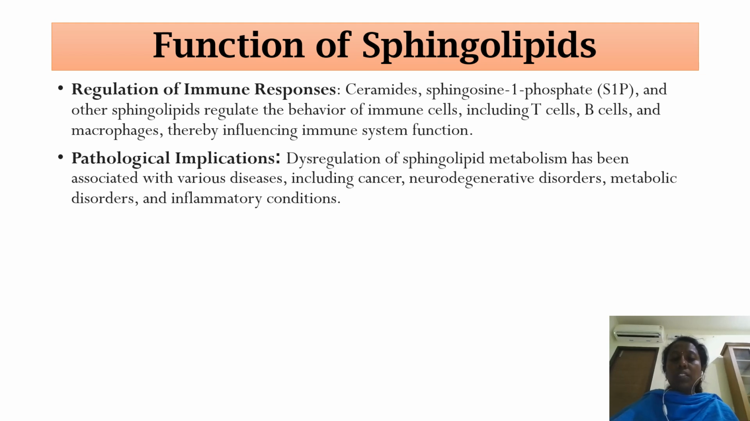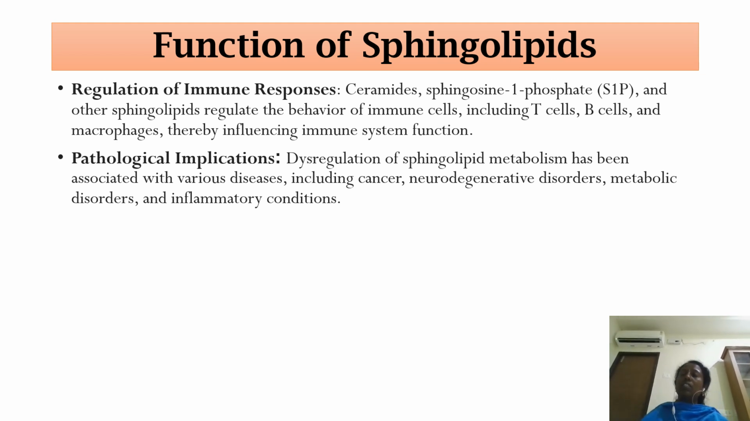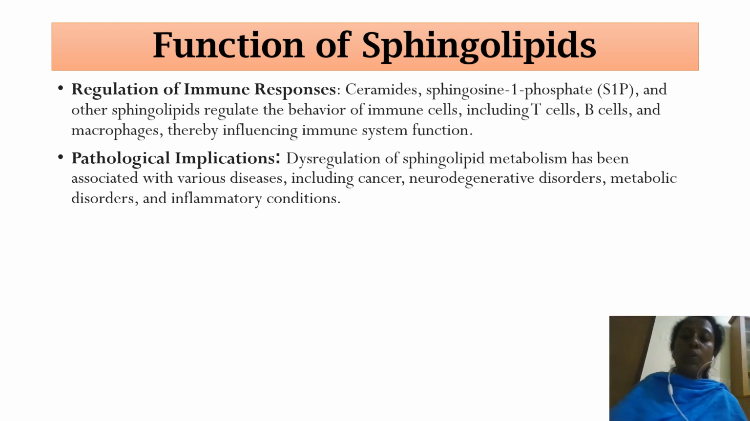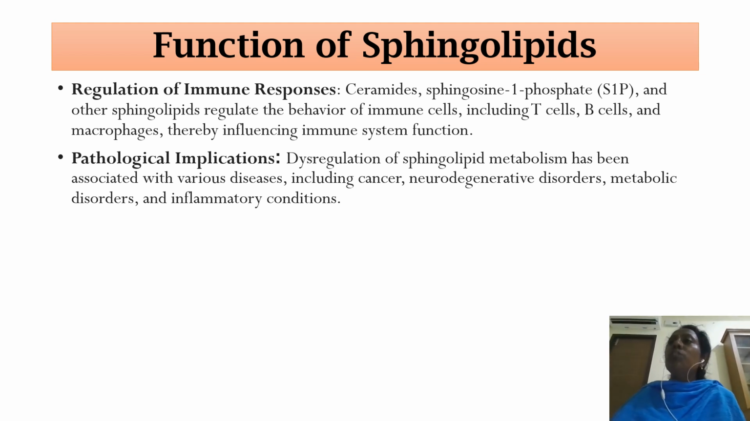Then the pathological implications. If there is any dysregulation in your sphingolipid metabolism, previously I told you that any deficiency in the enzymes is due to genetic defects. These pathological implications arise because of disorders or various disease conditions. It may be due to dysregulation of the sphingolipids, maybe due to a cancer condition, neurodegenerative disorders or many other metabolic disorders, such as carbohydrate metabolism or protein metabolism disorders. Any other metabolic disorders or inflammatory conditions may also lead to the dysregulation of sphingolipids. Okay, these are the pathological conditions. These are the main biological functions of your